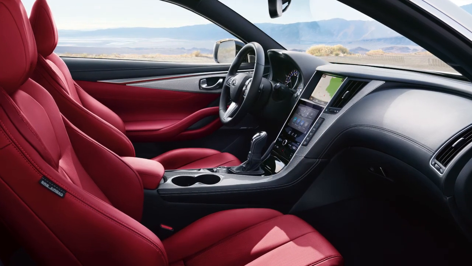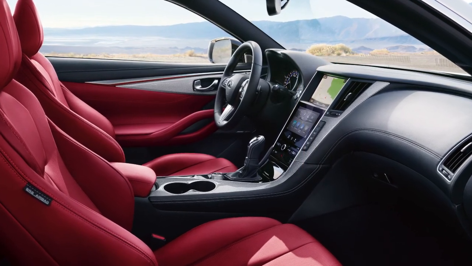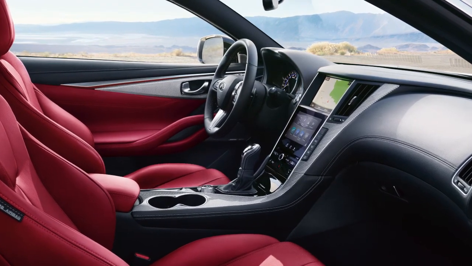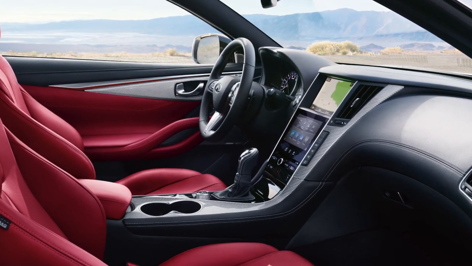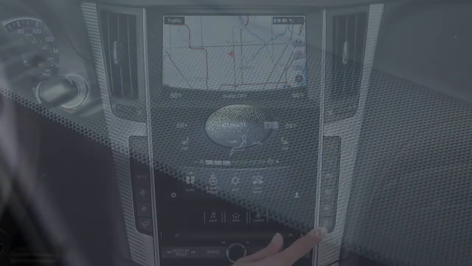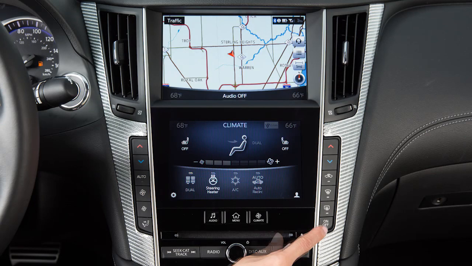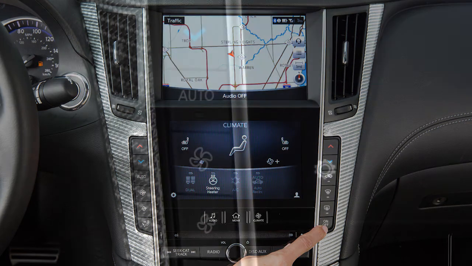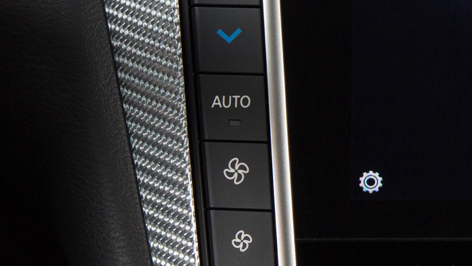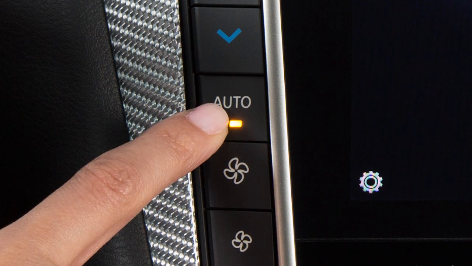There are temperature sensors located on the lower instrument panel and on top of the dashboard near the windshield that help regulate the automatic climate control settings. Do not put anything on or around these sensors. To turn the system off, push the On/Off button. You can return to automatic control of the heater and air conditioner system at any time by pressing this button.